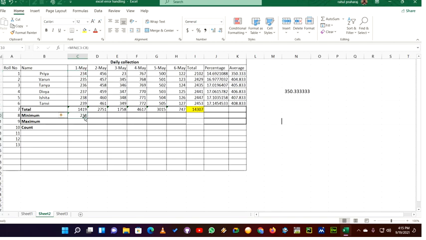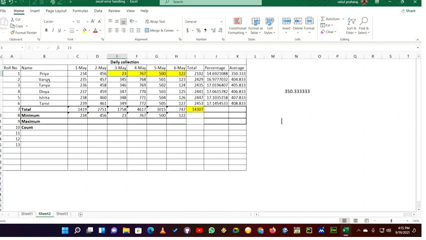Now if you want the same function to be applied to the rest of the cells, just drag it horizontally and you can see the values have appeared. You can compare by yourself. On 5th May, the lowest value was 500 amongst this row. Similarly, 122 was the lowest value in this row, so I'm coloring all the lowest values with yellow. Similarly, 767 is in this row, and 23 is in this row.